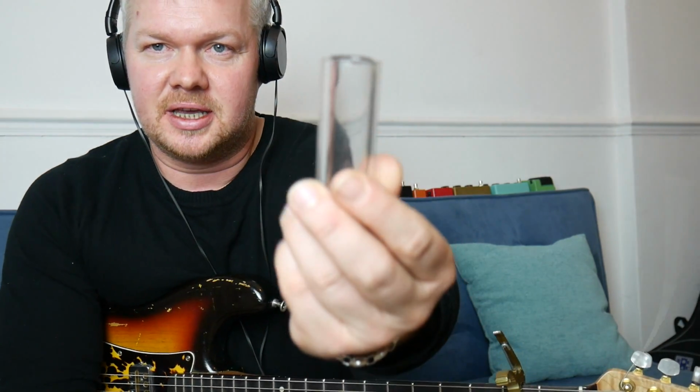One thing you need to play the Cooder style is this thing here. This is called a slide. Another thing is quite important. I wear my slide on my fourth finger to play the Cooder technique. His slide